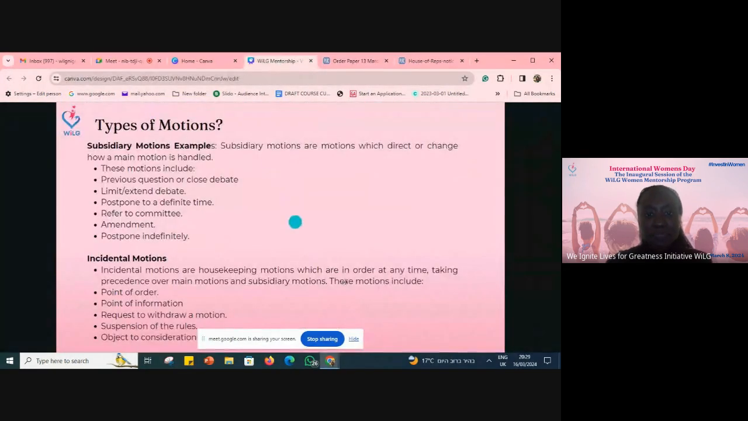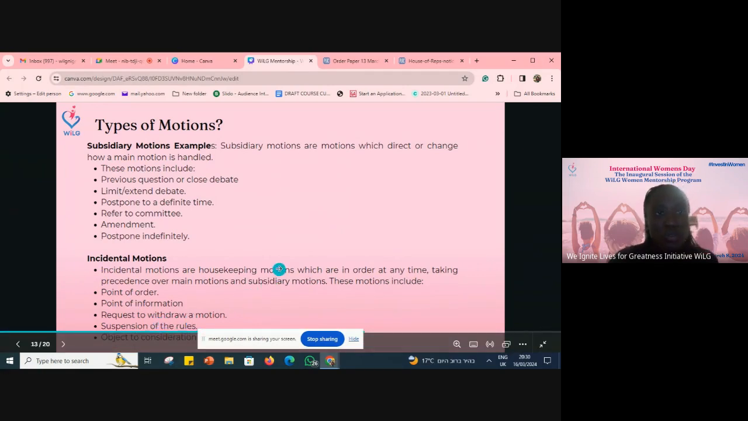Okay, where was I? So if you want to postpone or you want to refer the motion to another committee or an amendment, then you also have incidental motions. These are motions in order, it can be brought at any time. So maybe like a point of order, like I said, point of information,